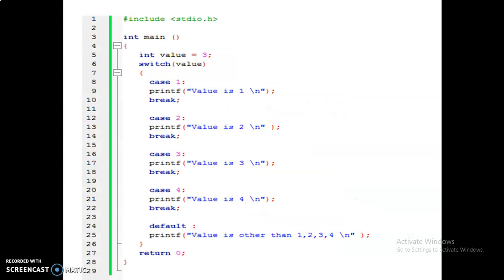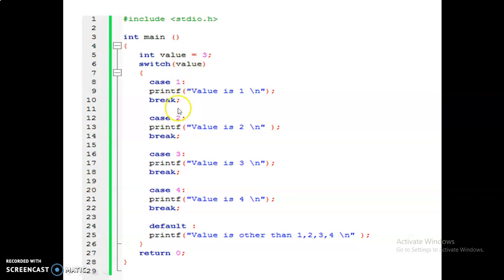This is the example program for switch case. In this program, I gave a value 3 to the variable value. Here, what is the value of value? This is 3. You can imagine that as switch of 3. A curly brace started, and the switch cases are here. I gave 4 cases, and the last one is the default case. The value is 3, so that is switch of 3. First the case matches against 1, but 3 is not equal to 1, so this case won't be executed. Then you go to the second case. Here the value is 3, and the case value is 2.